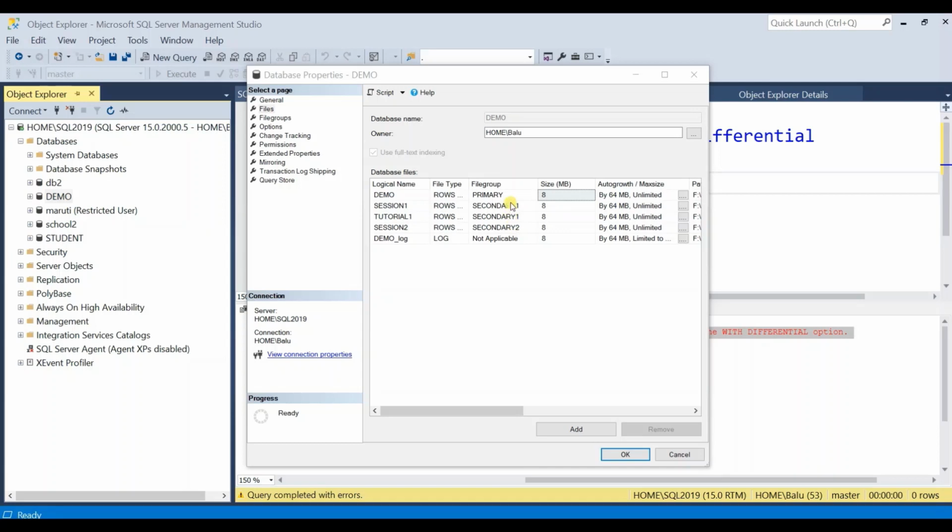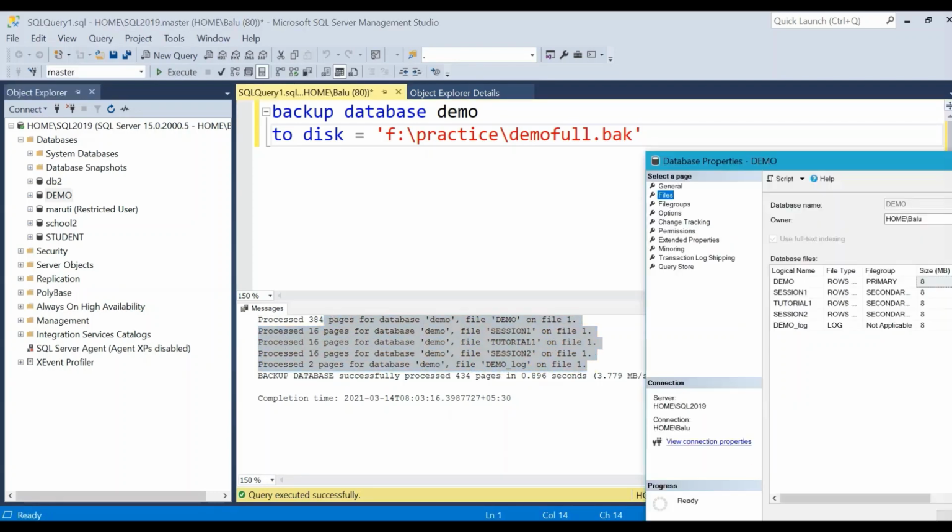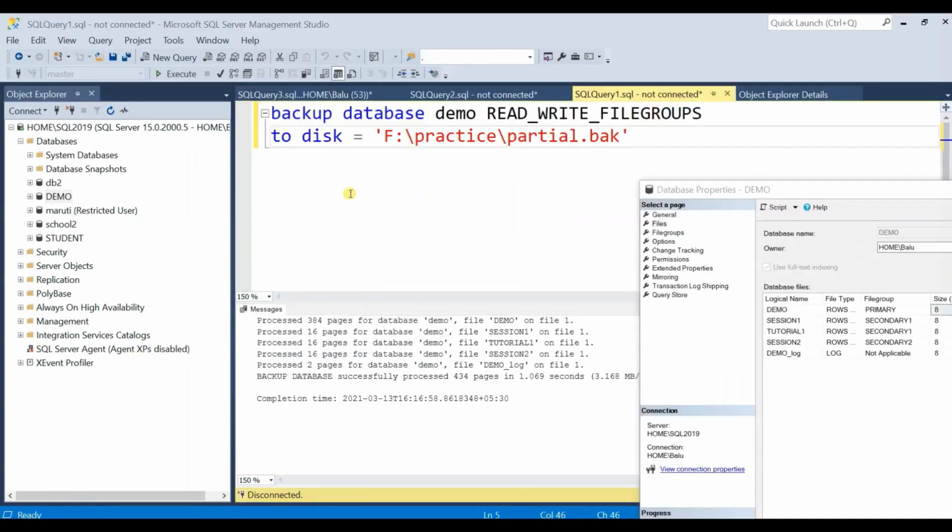First, I'll take a backup which is a normal full backup. So when I execute a full backup, you can see all the files of my database are being backed up. You can see demo, session 1, tutorial 1, session 2 and demo_log. These are 5 files, and all these files have been processed for backup. Okay, then you can see what happens. You can see here I have executed a full database backup command,